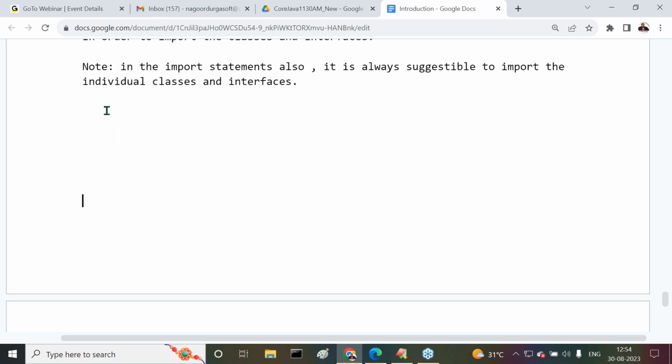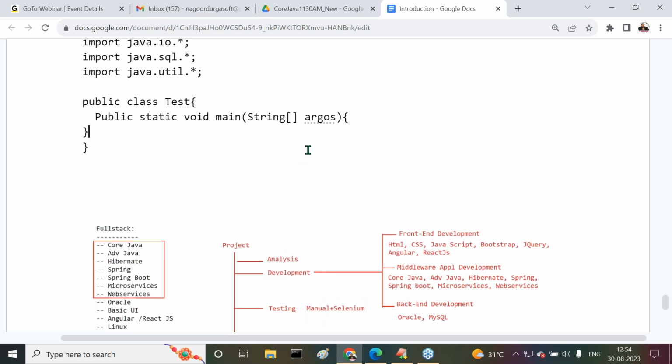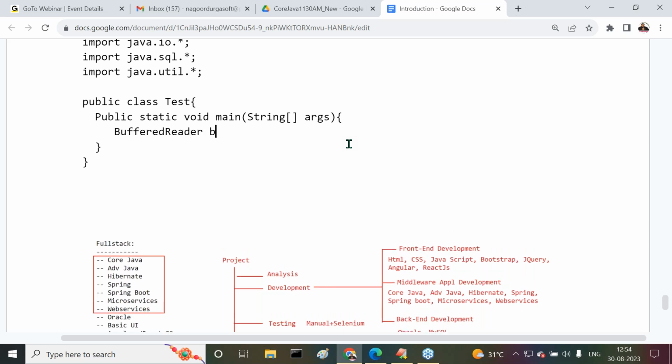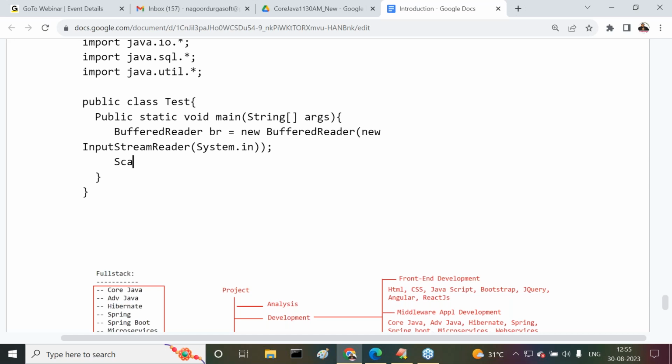Okay, now let me write this. Inside this, I'll write public static void main(String[] args). Do you understand? Inside this, first of all, I've written BufferedReader br = new BufferedReader(new InputStreamReader(System.in)); Now this is the point we can understand. Next, Scanner s = new Scanner(System.in);